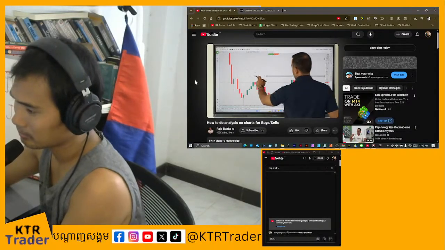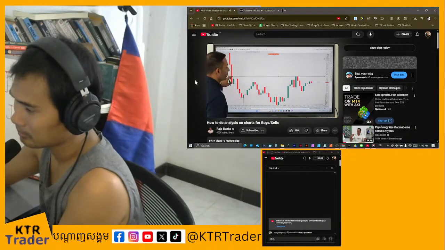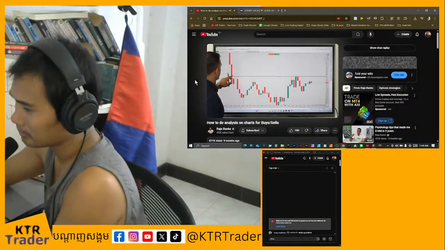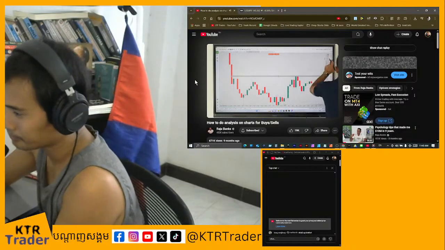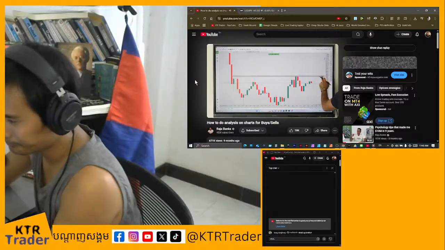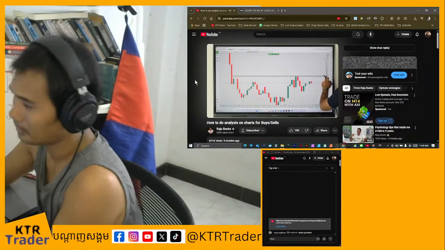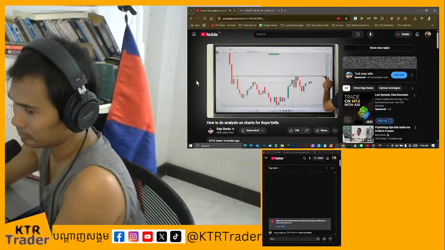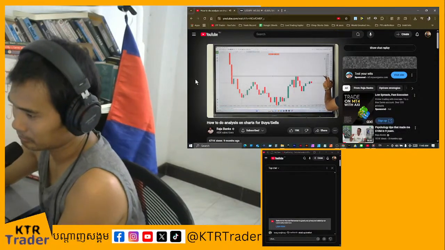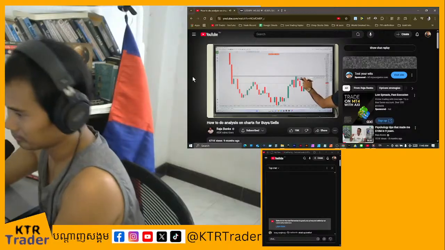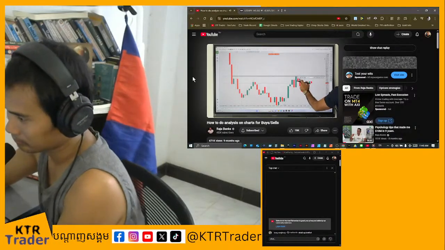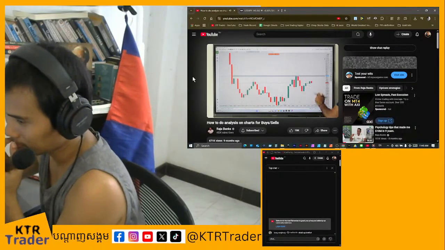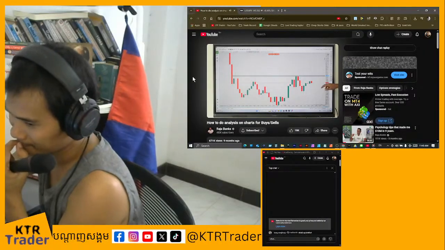And if we extend it here to the left-hand side, you can clearly see that, okay, if we can break above this price, which is right over here, let's change the attributes of this. Let's make this a little bit thicker. Let's make this blue, like this, right? So if we can break above